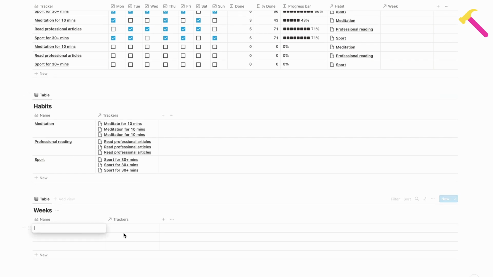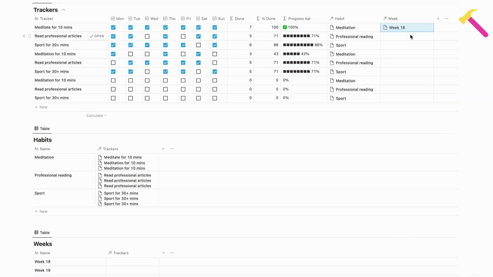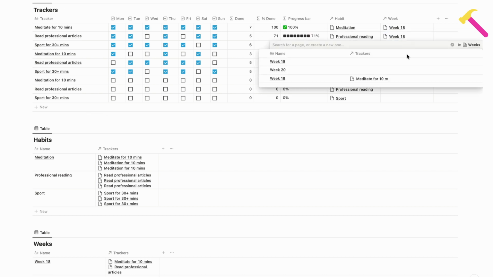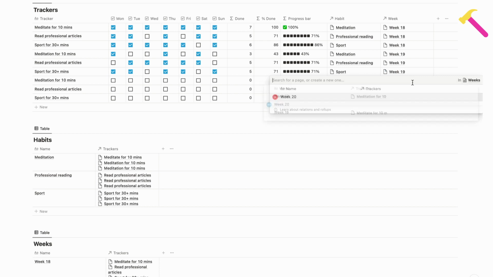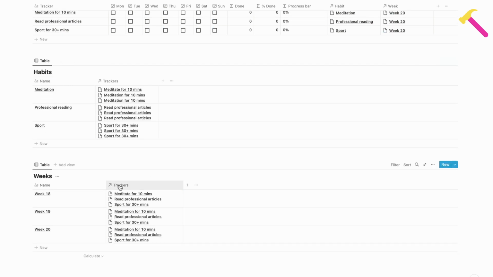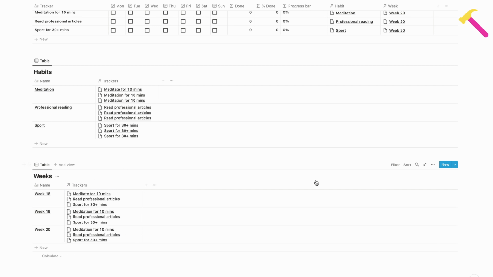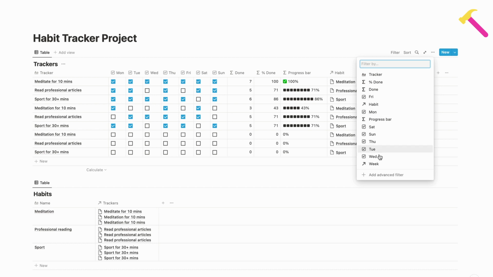You can use any week names you like. I prefer to add week numbers to the names. Now we may connect trackers to corresponding weeks. Moreover, we can filter the trackers to only see the ones connected to the current week.